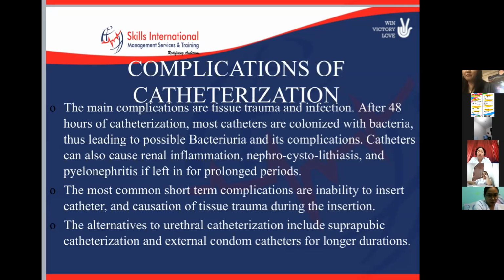The most common short-term complication is inability to insert the catheter, and tissue trauma during the insertion. This is short term because if you are not a sharpshooter in putting in the catheter and you always cause trauma, it's very hard for the patient, until the patient already has pain or irritation in his body. The alternatives to urethral catheterization include suprapubic catheterization and external condom catheters for